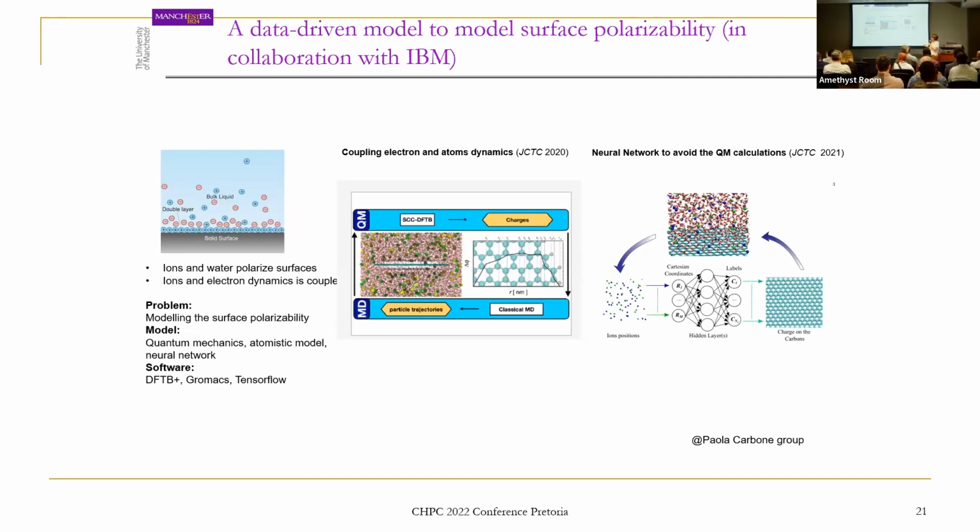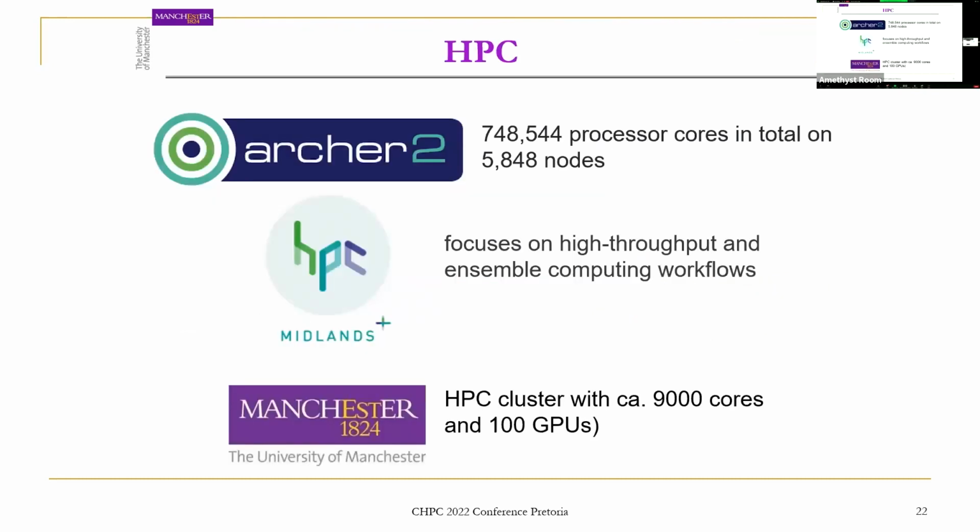Just to mention, we work with IBM as well to develop neural networks. We have the UK, EU branch very close to Manchester. For HPC in the UK, we have tier 1, tier 2, and tier 3 HPC facilities. Archer is the national one. We have a lot of regional ones as well, which are ideal for people running our simulations because they don't scale that well on these large clusters. And we are also lucky that the university has a very large HPC as well.